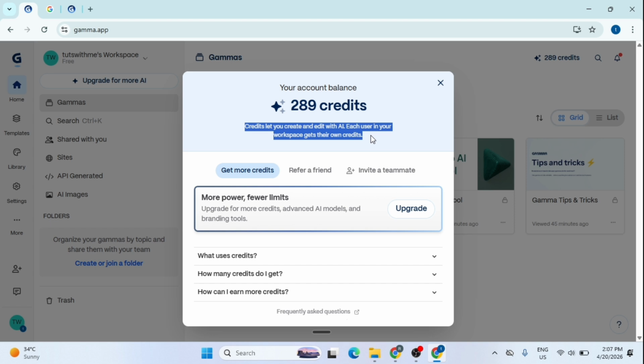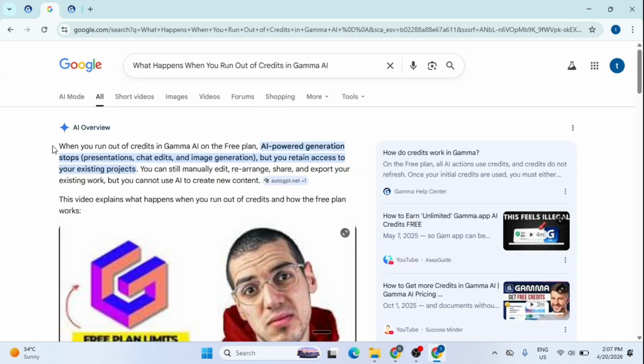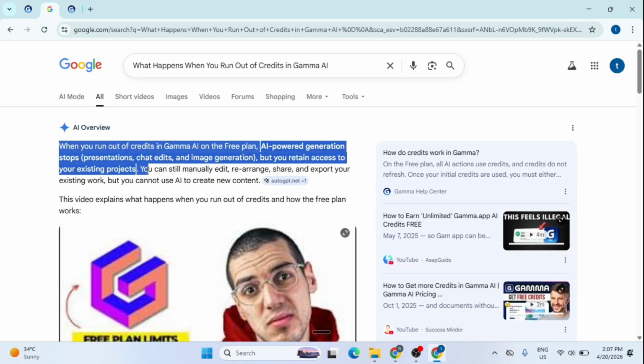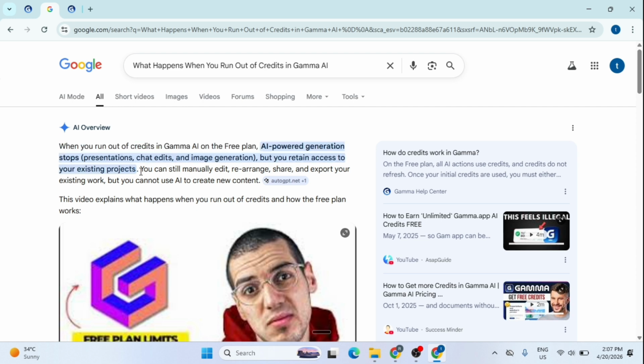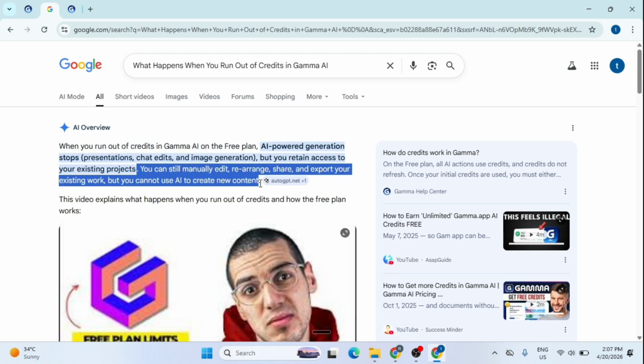To find out what happens when these run out, I check the official guidelines, which state that on a free plan, AI-powered generation like presentations and image creation will stop once I hit 0. However, I still keep access to all my existing projects so I can manually edit, rearrange, and export my work